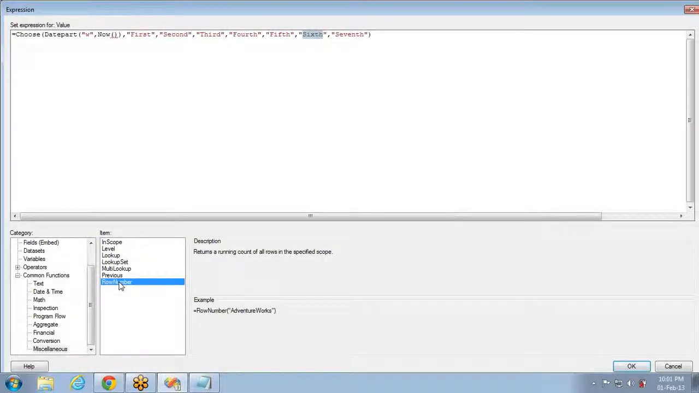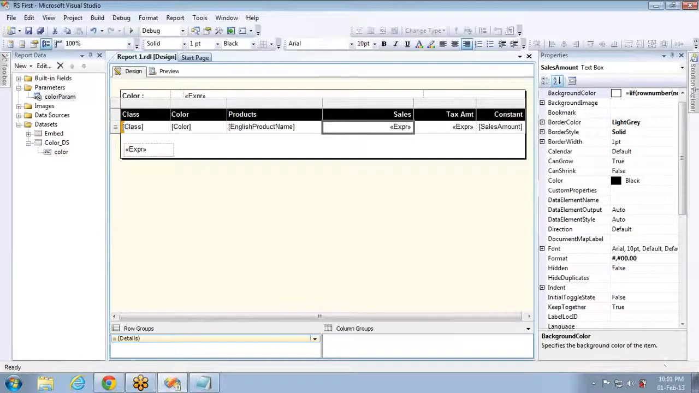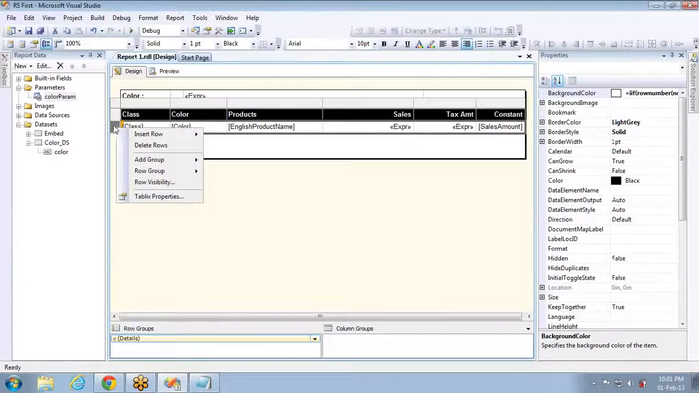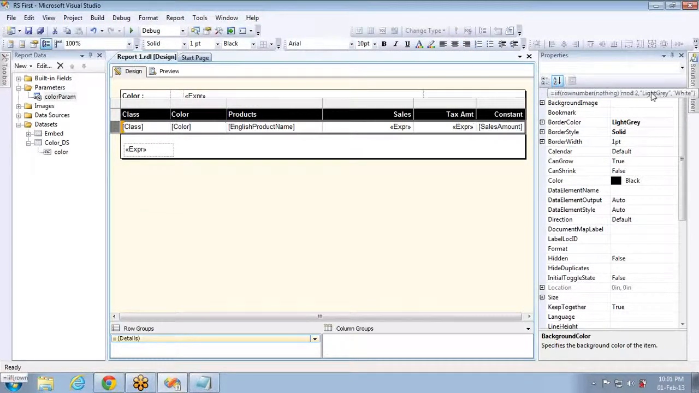The thing that you have to keep in mind is row number. Row number will give you the row number of the particular report. For example, let's try to use the same row number function and the mod function here to provide alternate colors. I've selected the complete row, and already it is set. If you see the expression here,